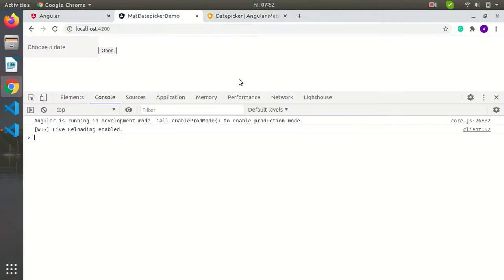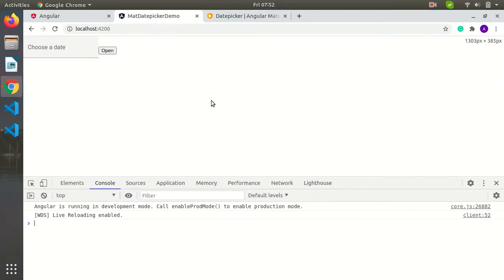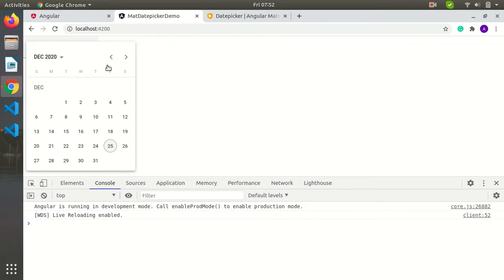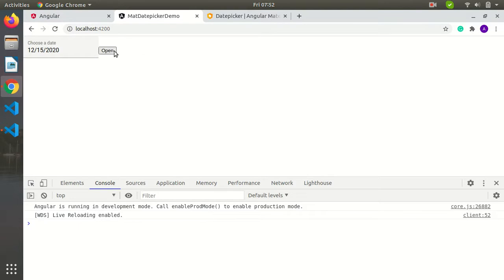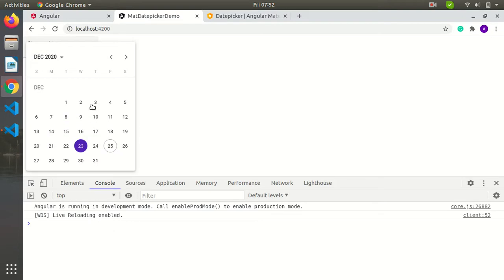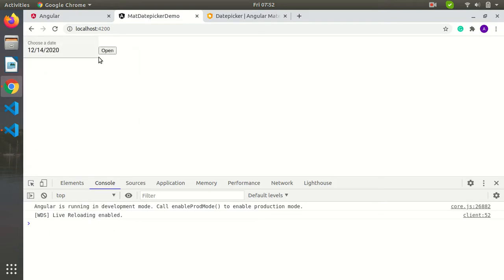We have this button. Now I'm going to click on this button. Yes, this code works and we can get this calendar. I'm going to pick a date. It's working. We can change whatever date we want to select.